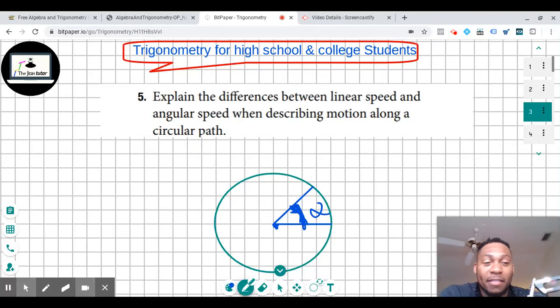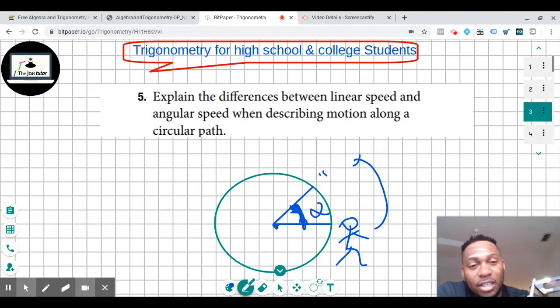So let's say that we have a pilot who's flying. So let's say the pilot is flying starting here. So this is the pilot on his plane flying starting here. And then at this point here, at a certain time t, we wanted to know when the pilot travels in